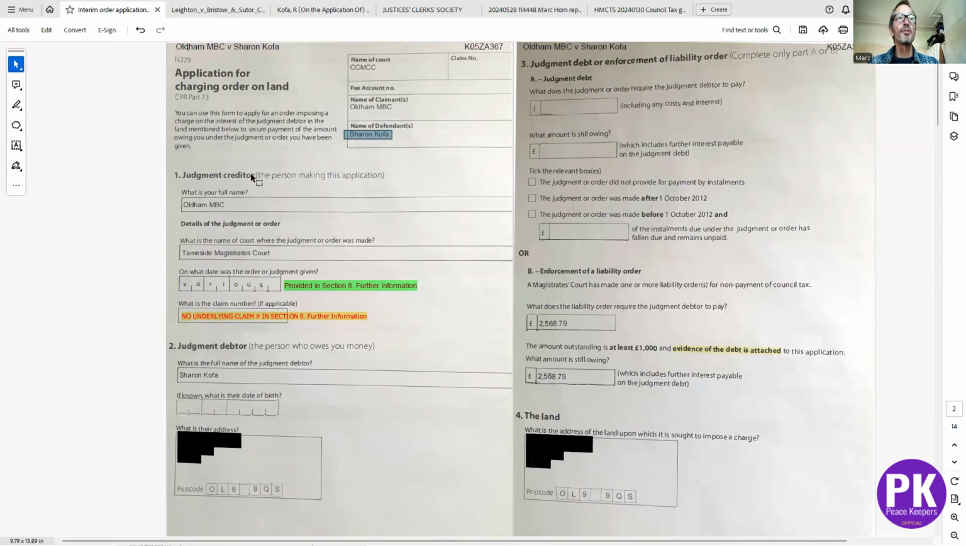So the first part is the judgment creditor, and that's Oldham Metropolitan Borough Council. And then it asks about details of the judgment or order, the underlying document for this application. And that comes from Tameside Magistrates Courts. The date of the judgment, there's 2 liability orders, and they've provided in Section 8 further information, the dates. And then it's got what is the claim number, and there